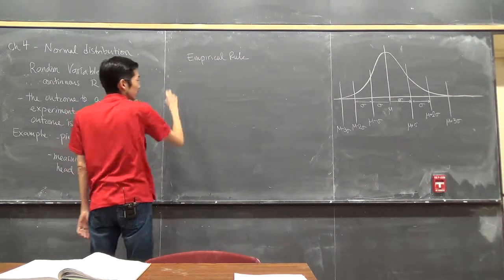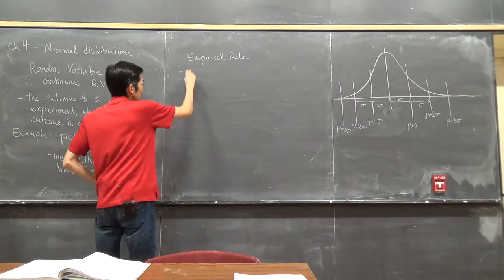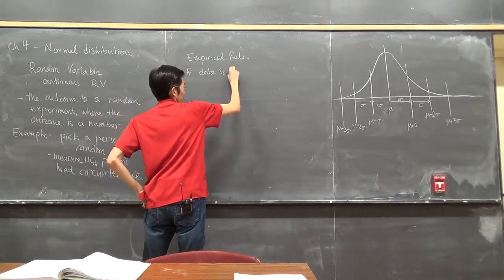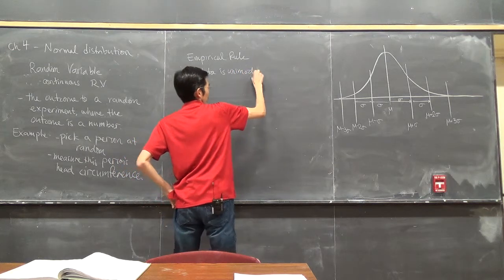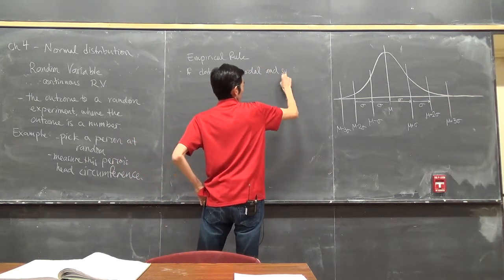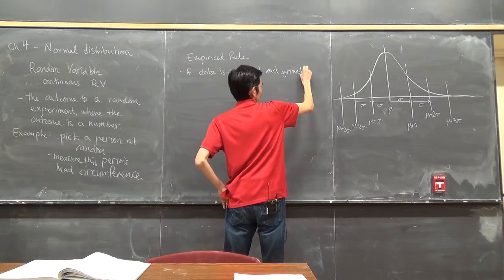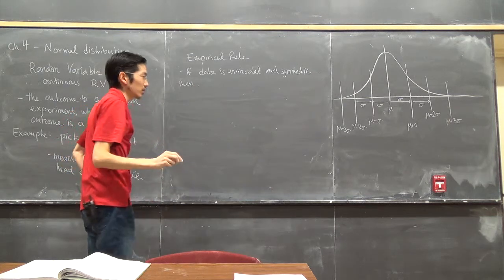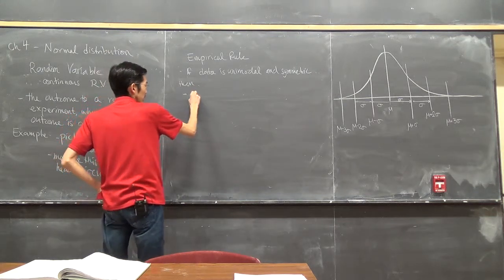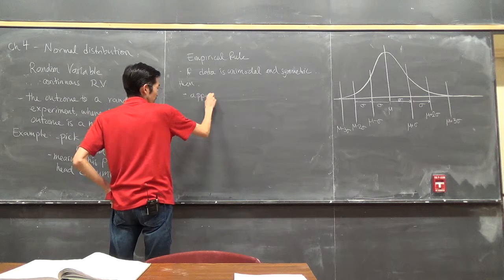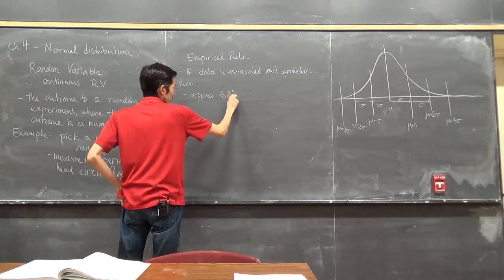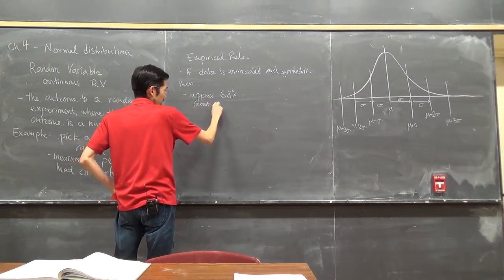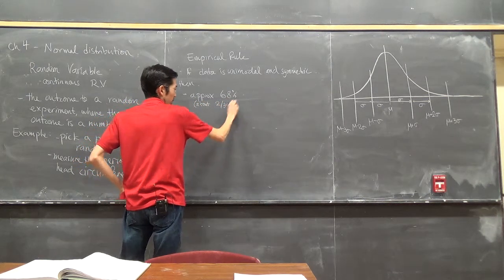It says if data is unimodal and symmetric, then approximately 68%, or we can also just say about 2/3 of the data